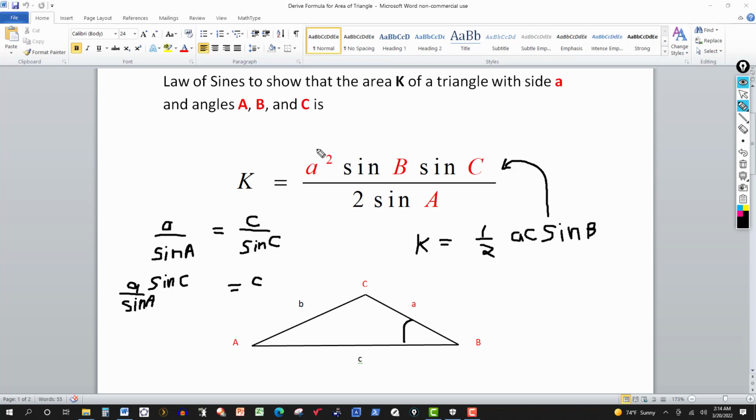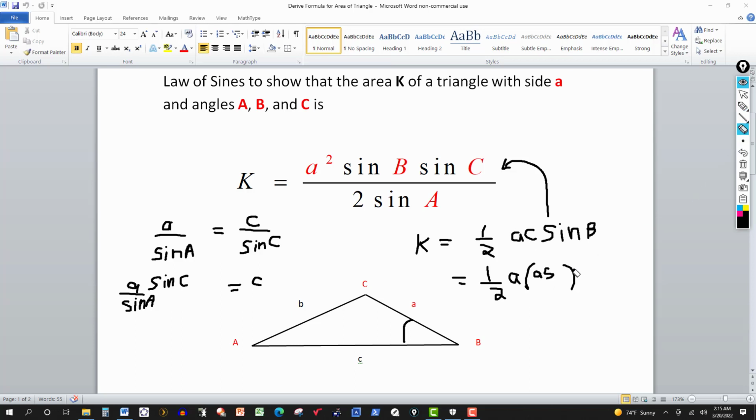Okay, so I'm looking at the formula here, and now I have to come up with an A squared, the sine of B, the sine of C, or sine of C times the sine of B, doesn't matter. And underneath I have to have a 2. Obviously I have the 2 there already from the other formula I used, and I have to have a sine of A. But notice what I'm going to do now is replace this c. So this is going to equal 1/2 A, and in c, I know it's equal to A